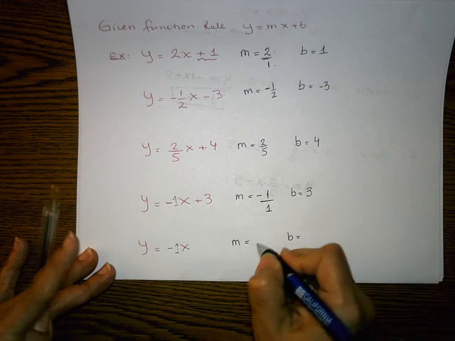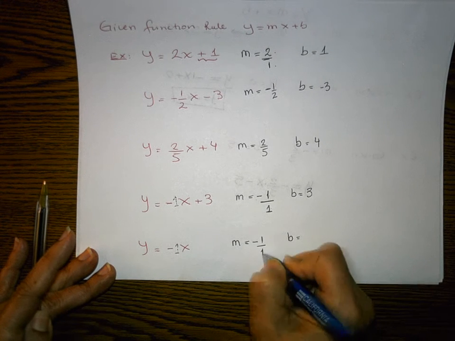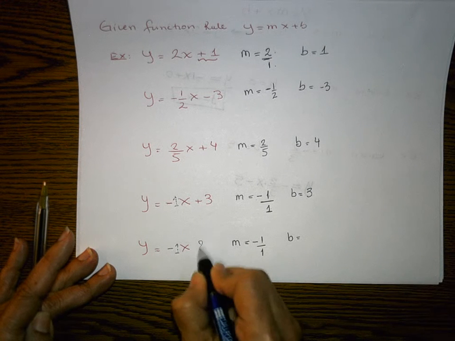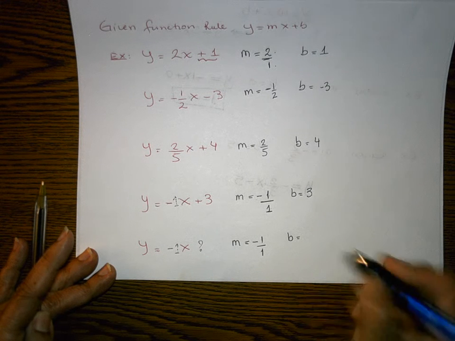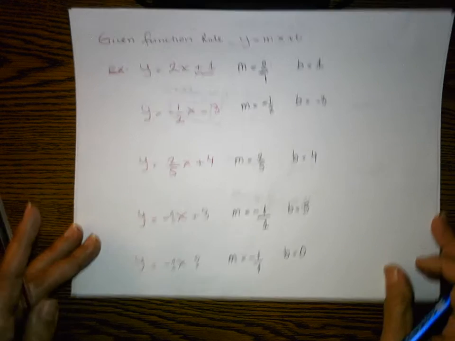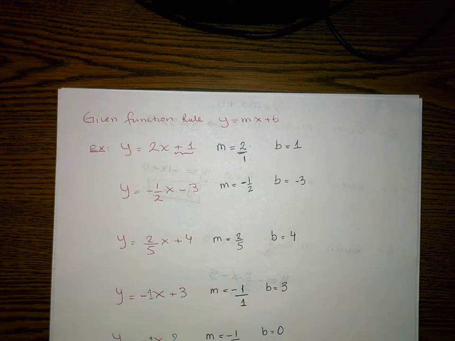So the slope is -1/1 if you want to write it as a fraction. And the y-intercept is, there's nothing being added or subtracted, so it's 0. Okay? So if you see this, the reason why we need to be good at recognizing this is because now